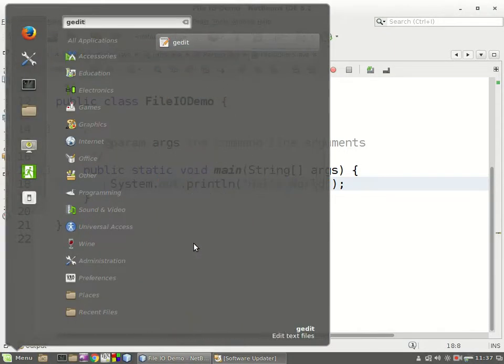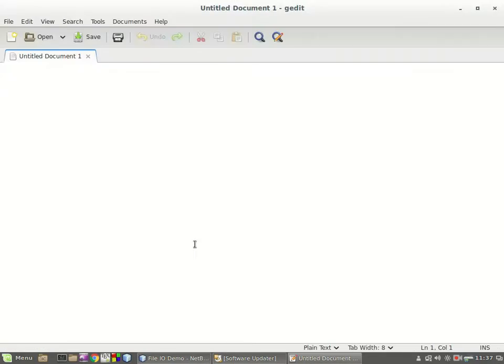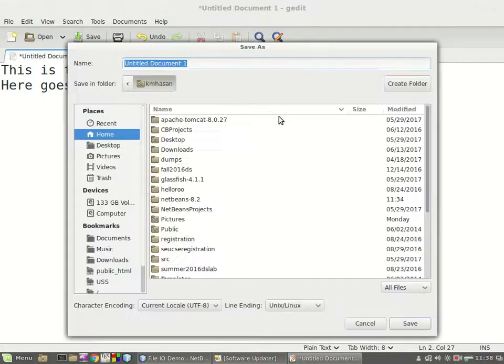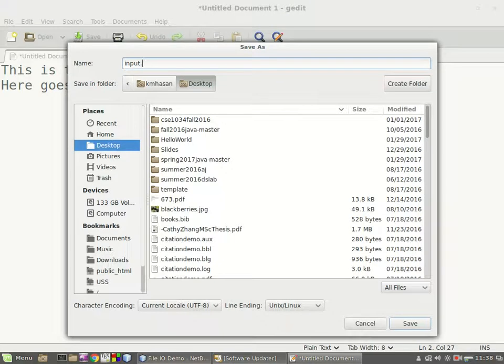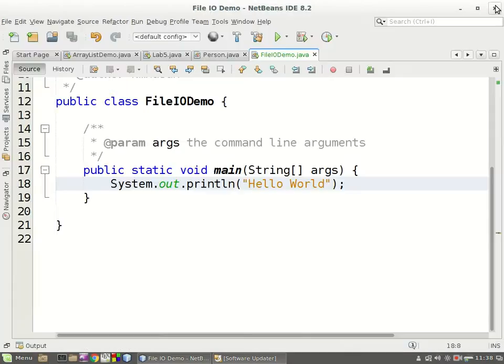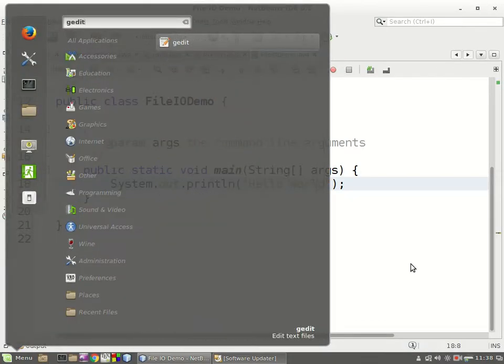Whenever we're working with files, let me just give you a very simple example. Let's say this is a file, and we can open it with a notepad or any other similar application. This is gedit over here. And we can write, this is the first line, for example, and here goes the second line. Now if I save this, let's say I'm saving it on my desktop, it's called input.txt. So if I save this and close this file, and the next time I open this,